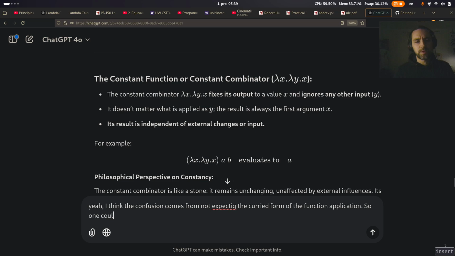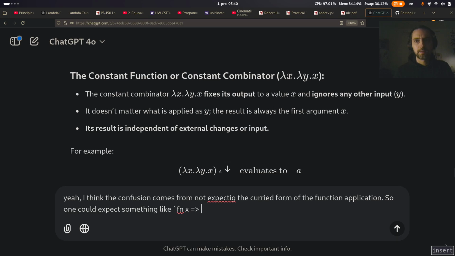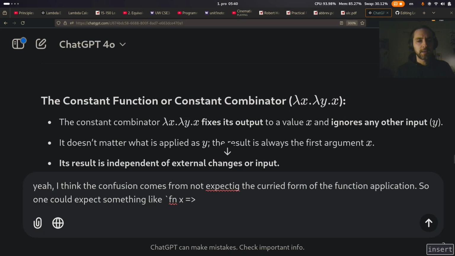So one could expect something like lambda x dot, let's do it like this, or I'll do it actually in SML, fn x, I guess you would expect something like fn x,